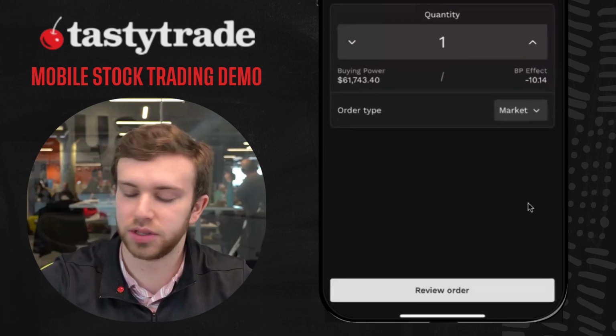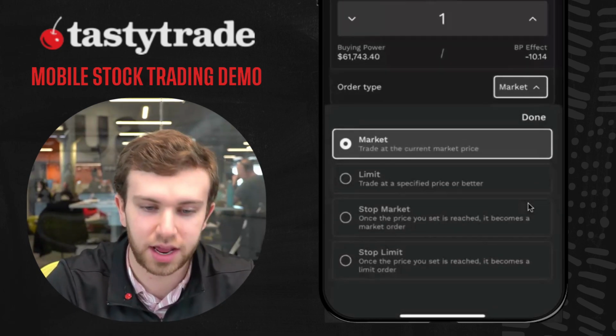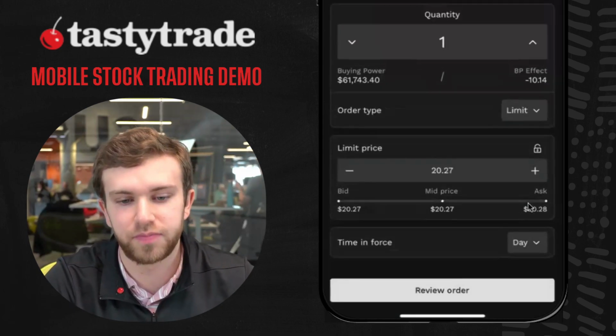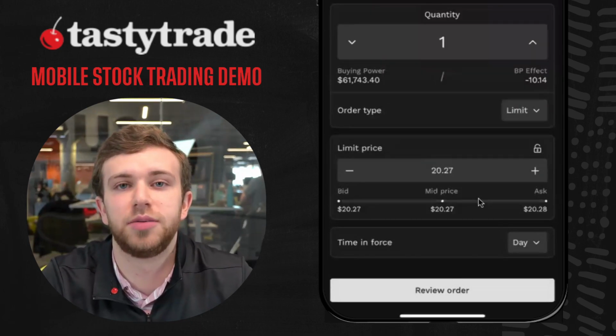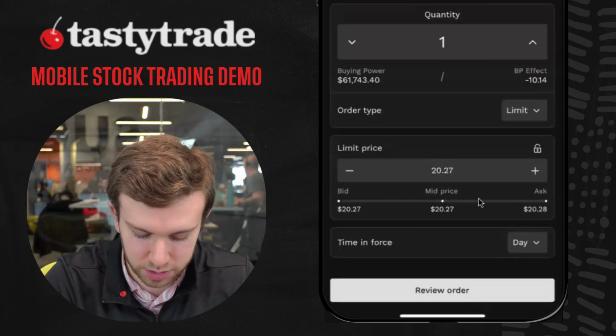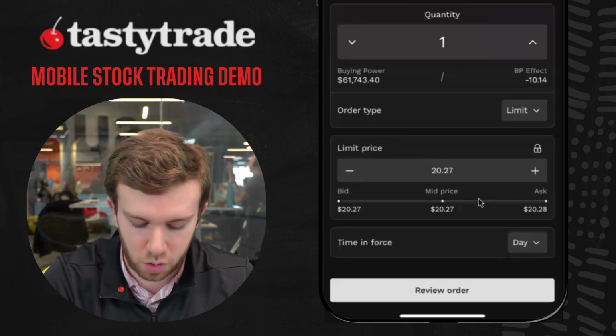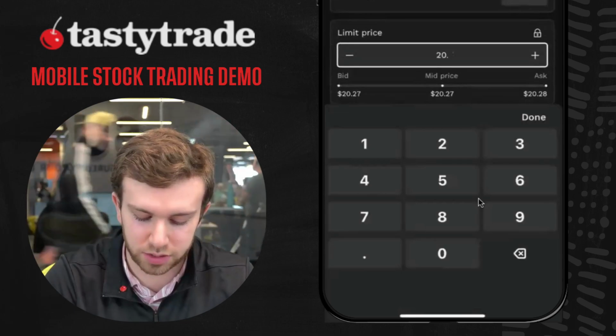And then to show a limit order, I have market populated here. You can always click on that and then change it in the drop-down menu. And then here, it'll automatically populate to the mid price. And then you can always change that as well, using the plus or minus icons on the screen there, or you can type in any number you would like,